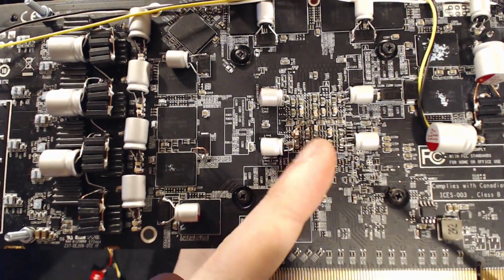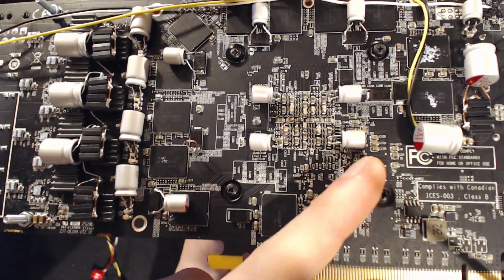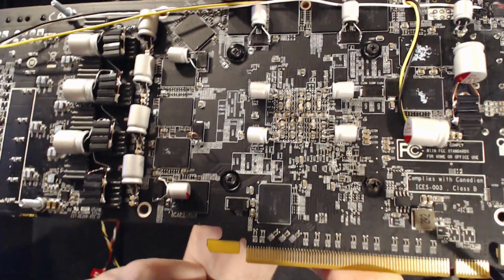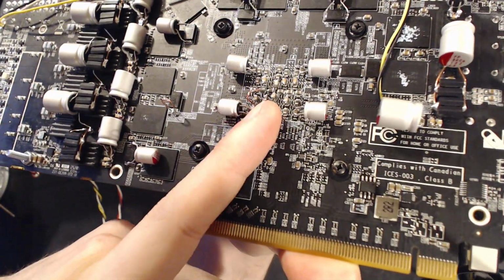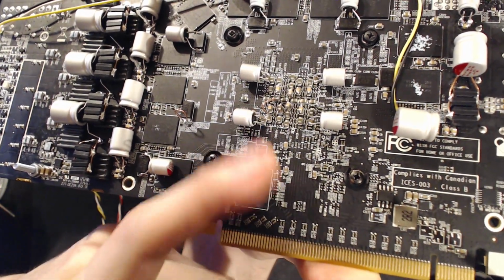But you can see I have a bunch of little multi-layer ceramics just stacked right behind the core. Those are all on Vcore. These big ones are on the auxiliary rail. They don't do anything. Quite frankly, they don't do a damn thing. But yeah, those are all on the auxiliary rail. Then this copper clip right here,